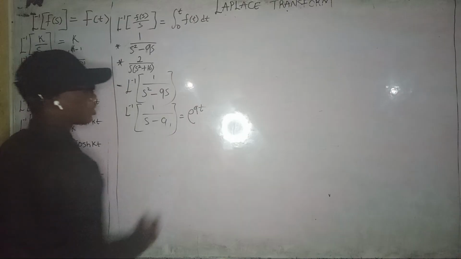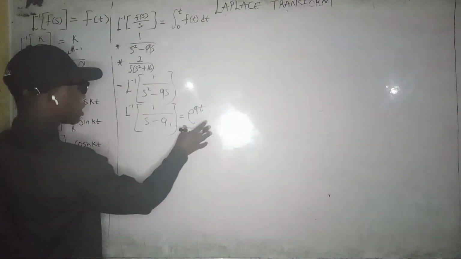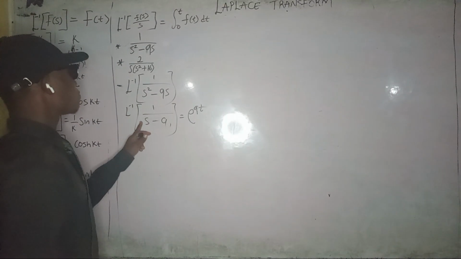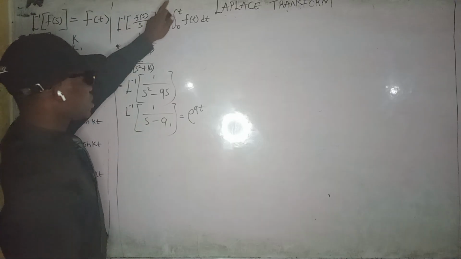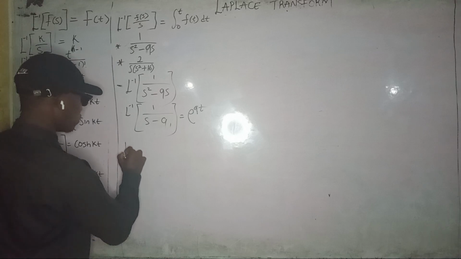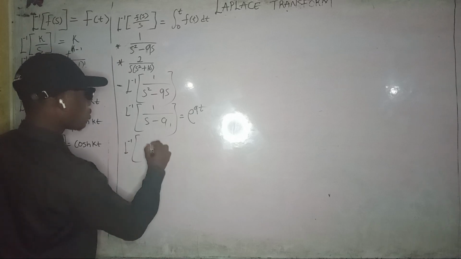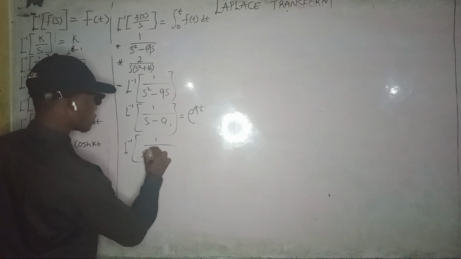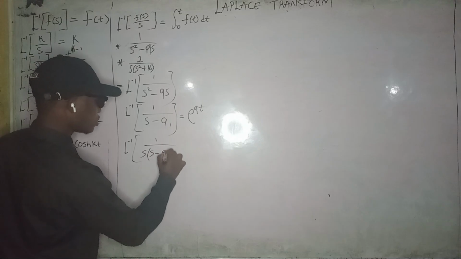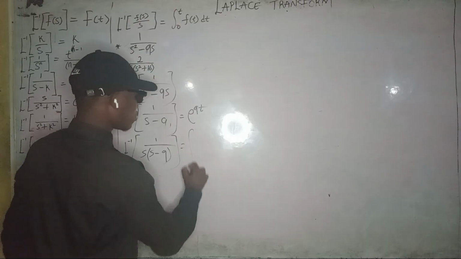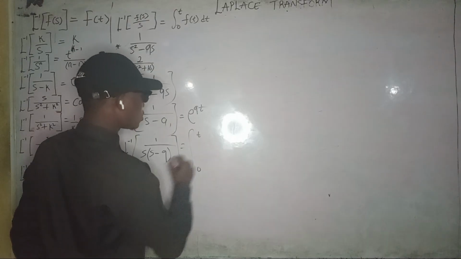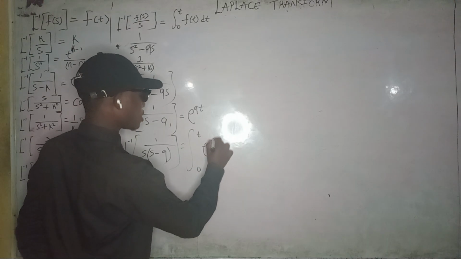So now that I've gotten this, imputing our s back into the denominator, we are going to be integrating it from 0 to t. So this is inverse Laplace transform of 1 over s into bracket s minus 9. That will be the integration of this from 0 to t e raised to power 9t